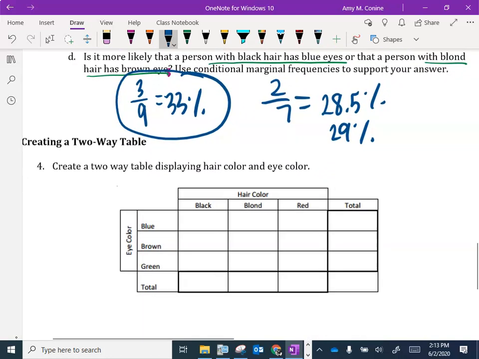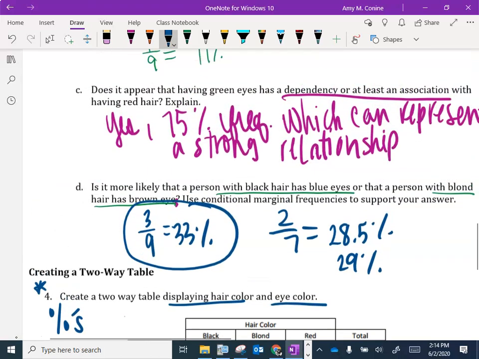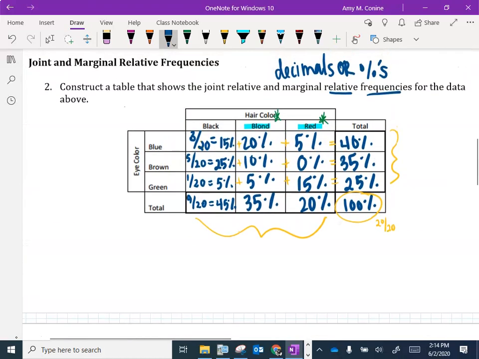All right. So the last thing I want you to do, I want you to create a two-way table based off the chart that we have. So you're going to do the percents like we did for the last problem. Okay, so what I want you to do is to do